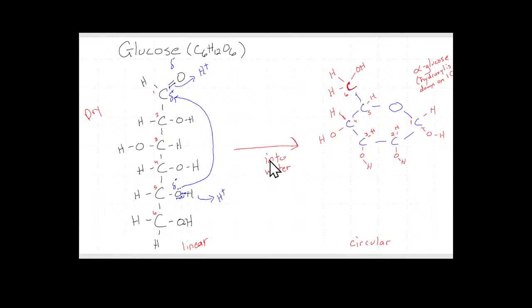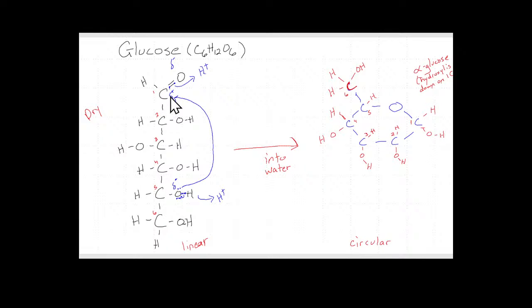Remember, we have to think about what happens with all these molecules we talk about in the context of water, because water is found everywhere with life. And what happens is, because this oxygen here on the 5-carbon is electronegative, it's going to be hogging some of the electrons from that proton atom that's linked on there. And because it's going to have a partial negative charge, this molecule can bend around, and the negative charge that's built up on the oxygen of the 5-carbon hydroxyl will then do an attack, as it's called, on the